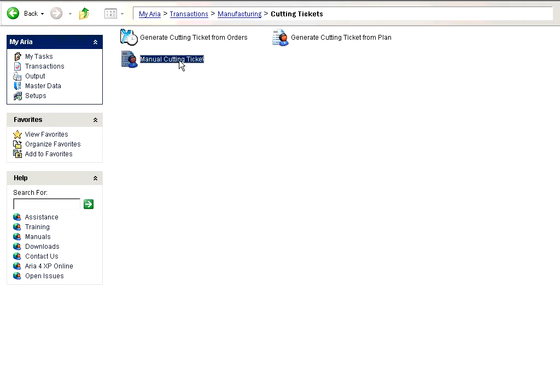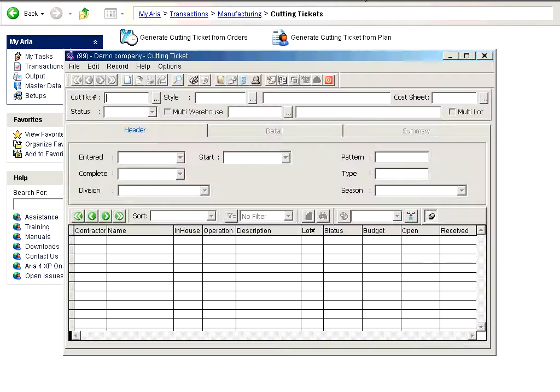What we are going to be discussing in this video is the regular and the manual cutting tickets as a start. So I'm double clicking on manual cutting ticket. Like all other transactions in Aria, in order to create a new one, you will click on add new record. First, the system asks you, what's the style number you want to produce? M08 SP135. The system automatically pulls, of course, the description and displays for you over here the default cost sheet for